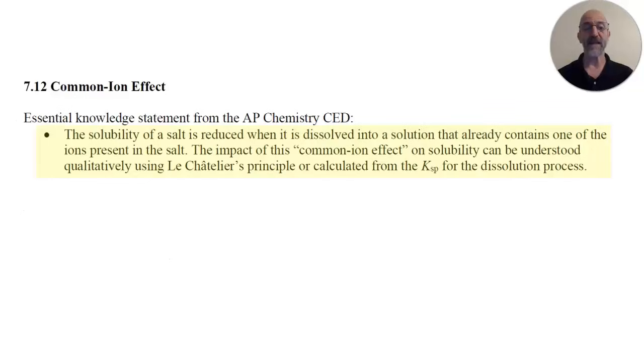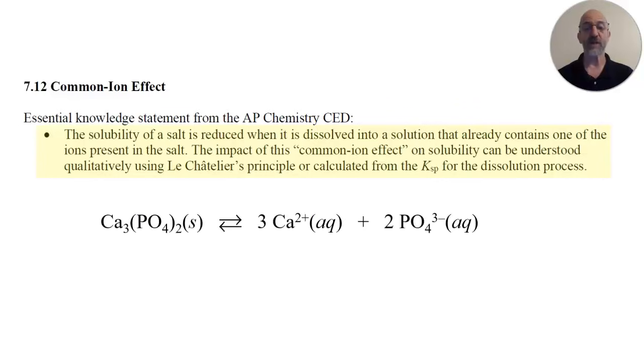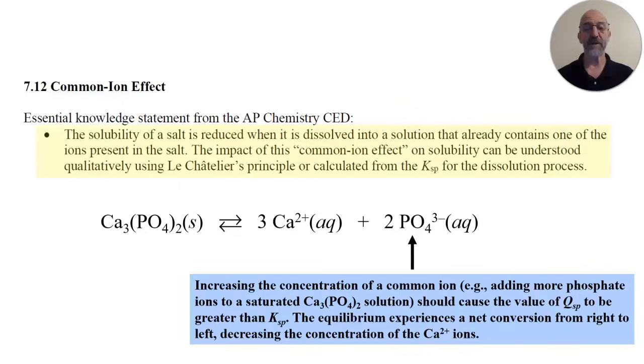Okay, so what does this have to do with the common ion effect? The solubility of a salt is reduced when there is a common ion present. So what's the common ion? That would be the fact that we're adding more phosphate ions. So increasing the concentration of that common ion,